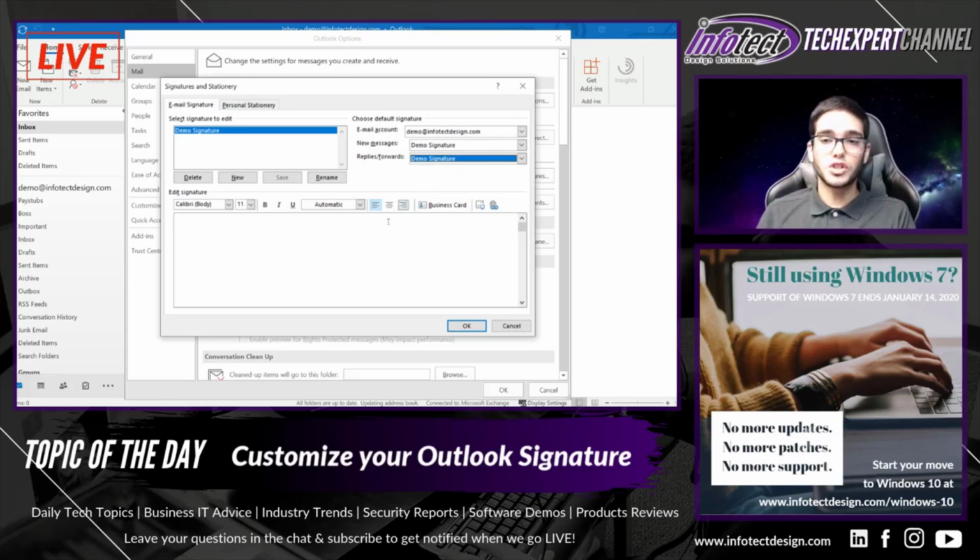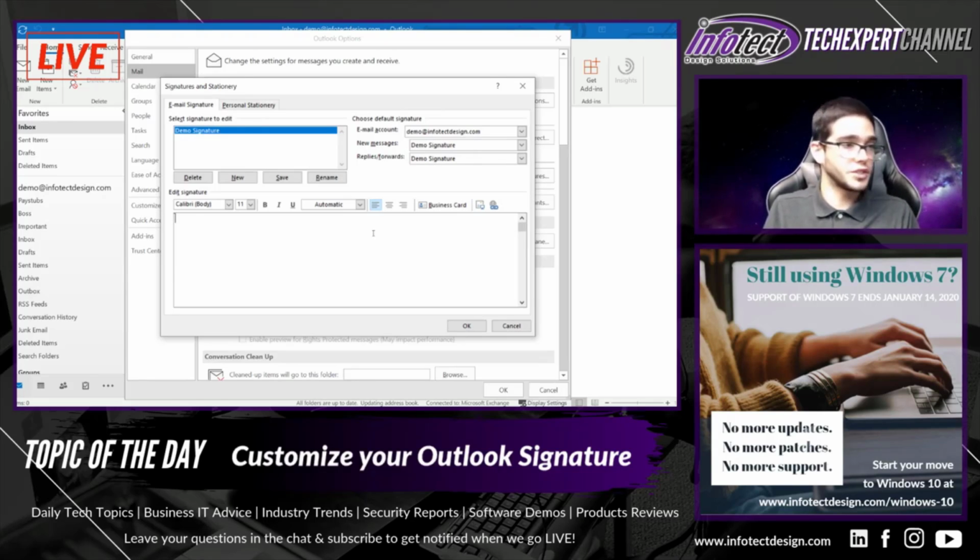Now, once you're done with that, you can go ahead and start customizing your signature. A lot of you will already have a signature done and customized, so here you just want to be adding some extra touches. Now I'm going to go and grab a default